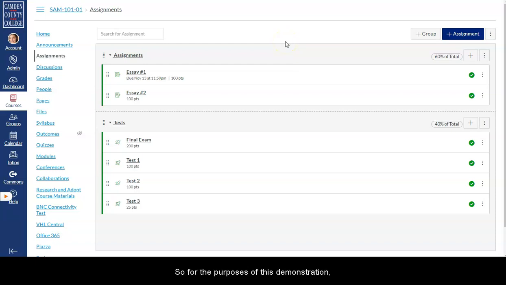So for the purposes of this demonstration, I am working in a course that has been set up to have weighted grade groups or weighted assignment groups. That's covered in a previous video if you want to take a look at that. These extra credit methods are going to apply whether or not you have your course set up with weighted assignment groups. So if you're just doing straight points, you can use all of these extra credit methods as well, but things get a little more complex when you do have weighted assignment groups,